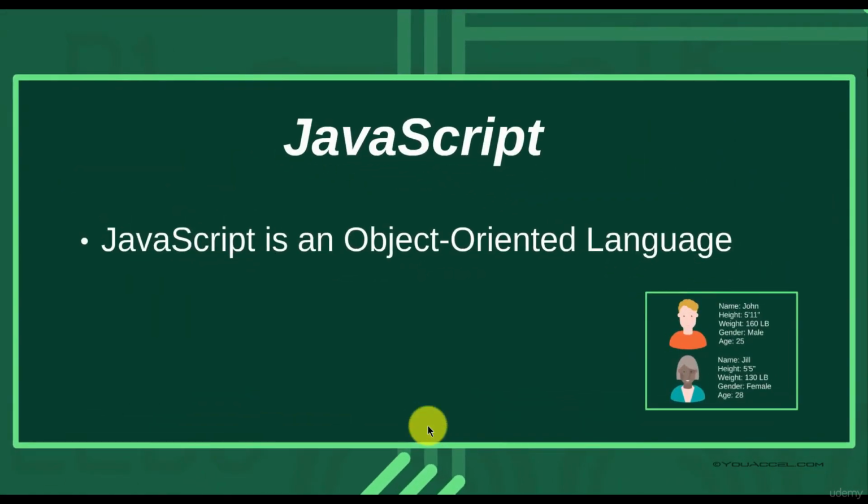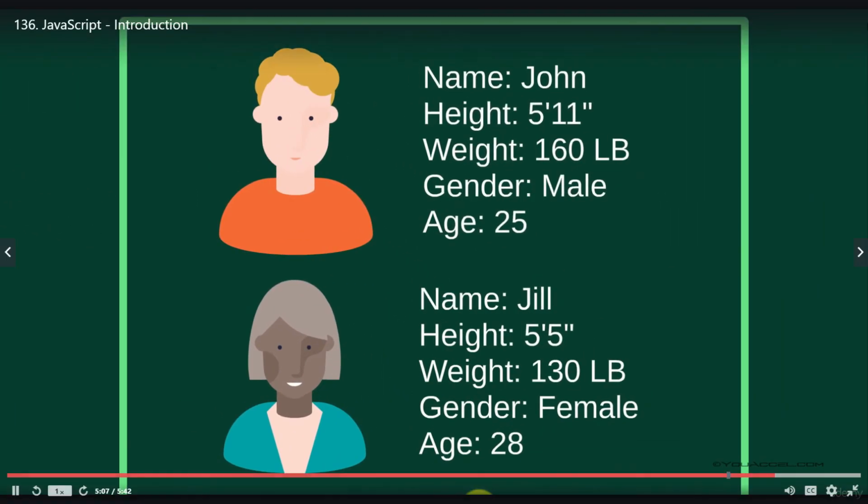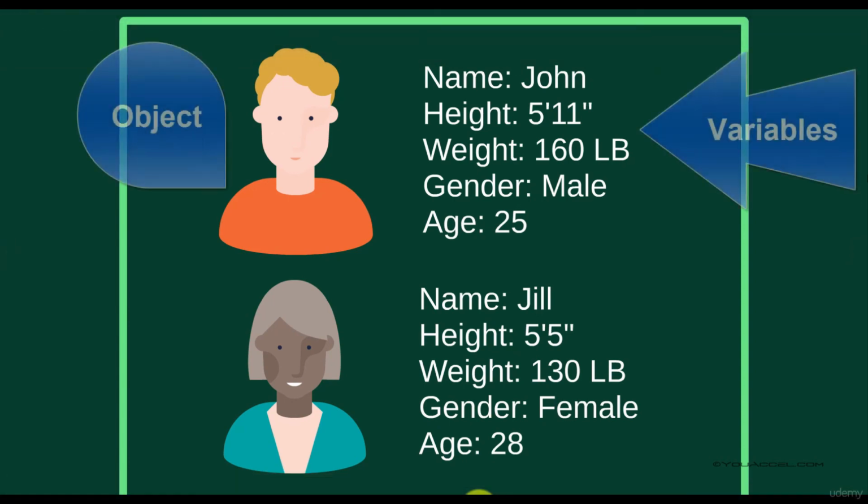JavaScript is an object-oriented language. This means that attributes of an object are contained within variables. For example, if we want to describe a person, we'll refer to this person as the object. We would typically use attributes such as name, height,